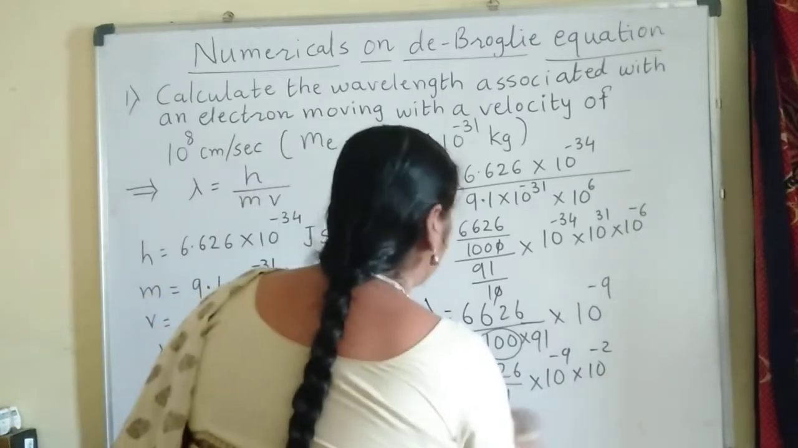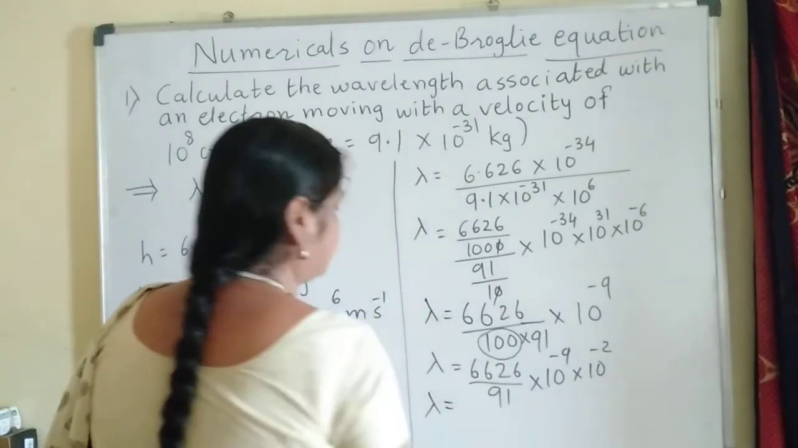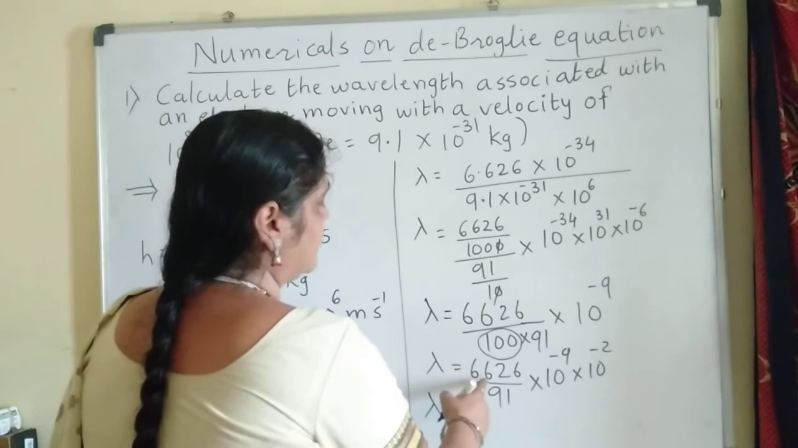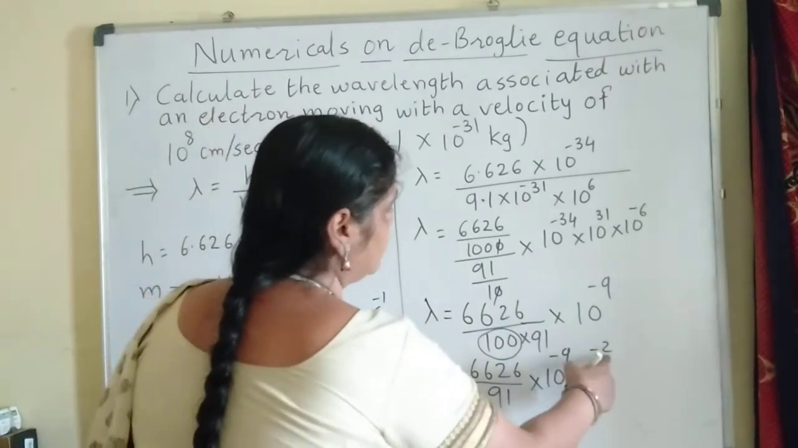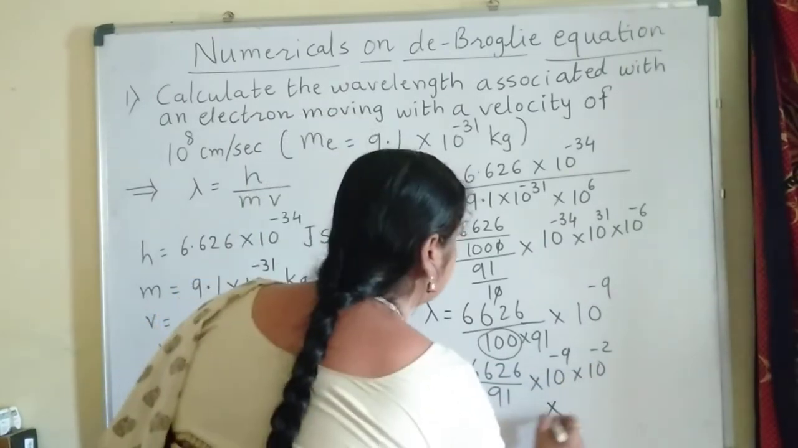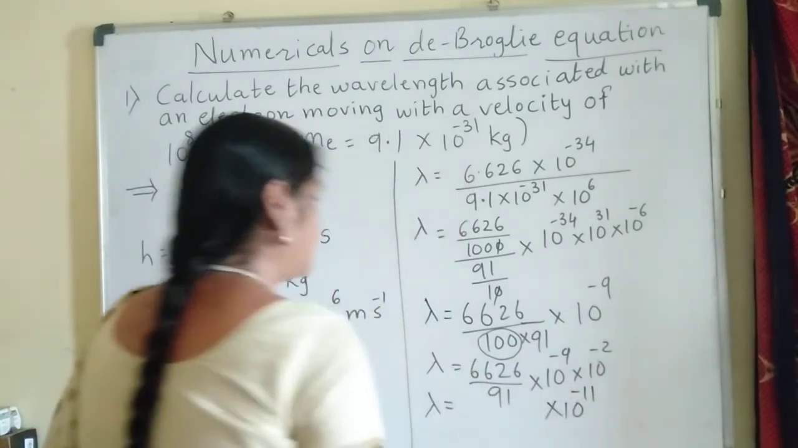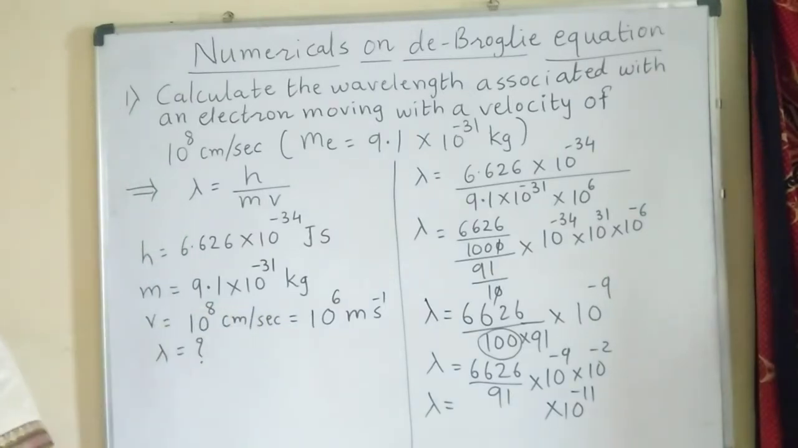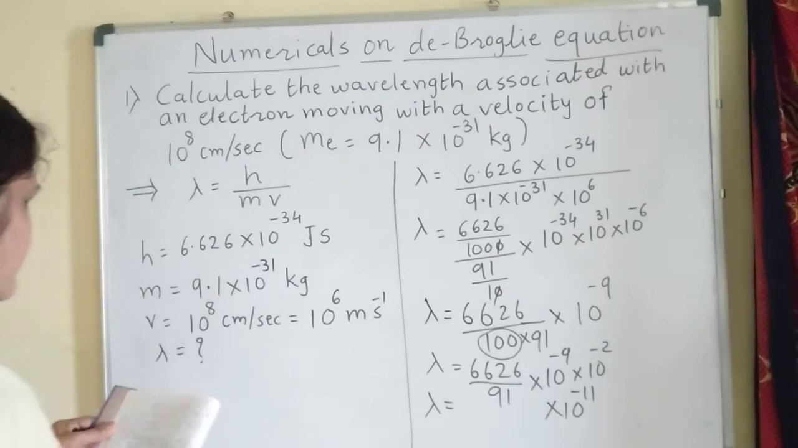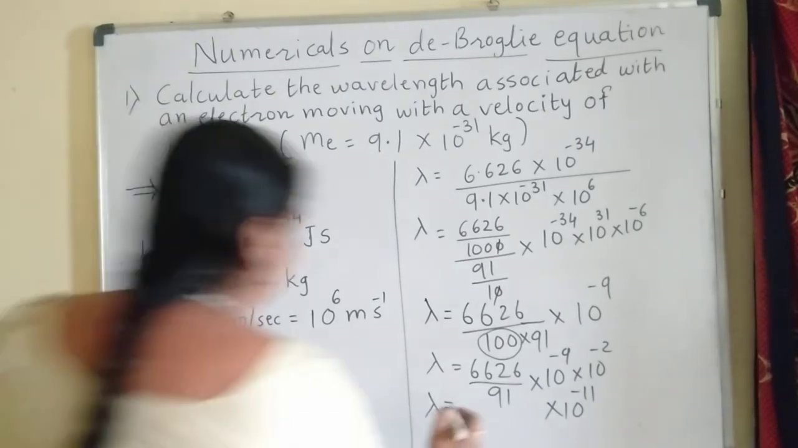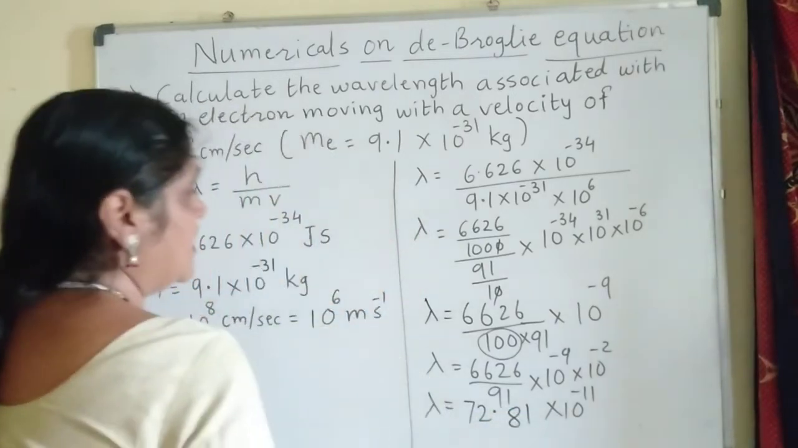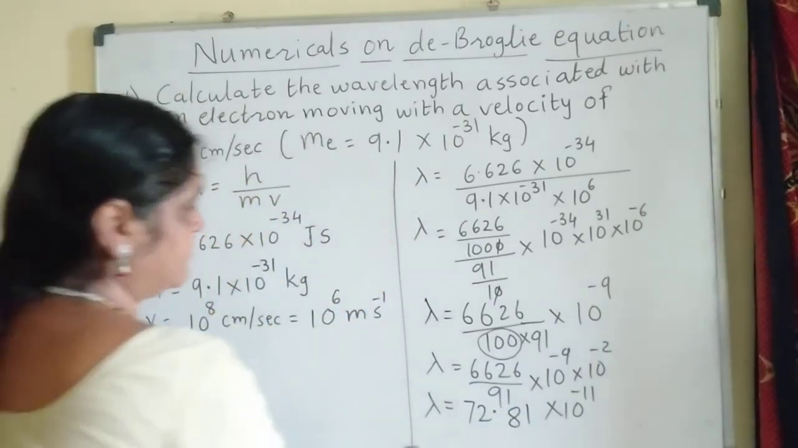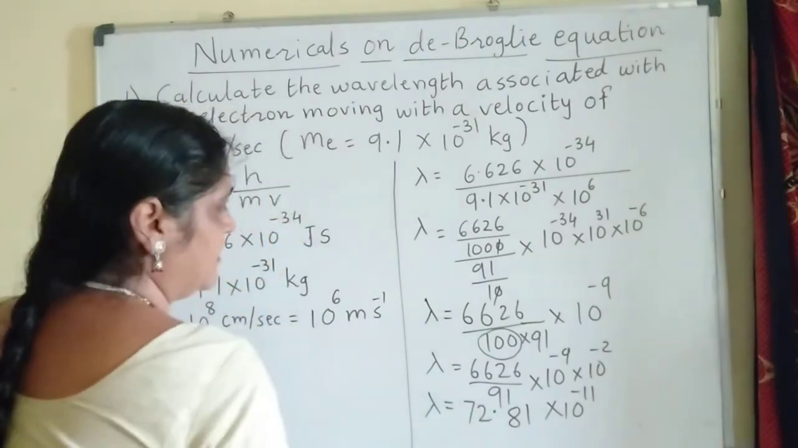Now when you are solving this numerical, lambda is equal to 6.626 upon 91. This division you have to do, and 10 raised to minus 9 into 10 raised to minus 2. It will give you 10 raised to minus 11. And for this, 6.626 upon 91, when you are doing this calculation, the answer comes as 72.81. Now you all know you can shift the decimal point one place to the left hand side, and